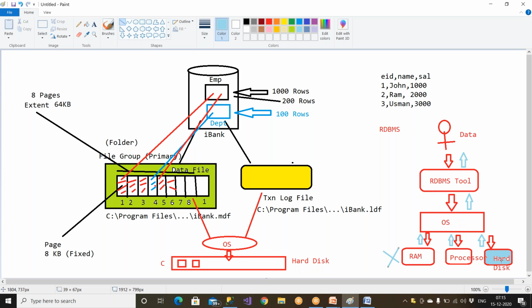And when you need the data back, RDBMS will ask the operating system. The operating system will go to the hard disk, fetch the data, and give the data to the RDBMS tool. RDBMS is showing the data to the customer, or to the applications. Clear? So here